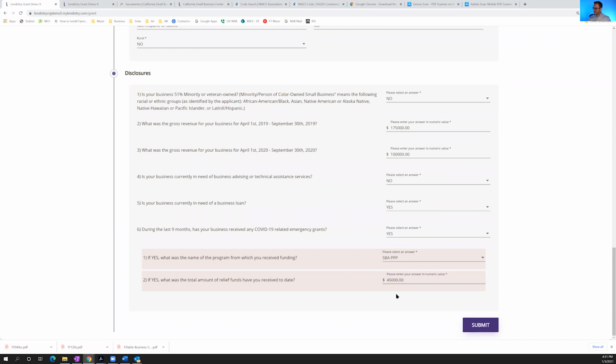$45,000. Okay, here's where things get complicated. What if you got two? Which one do you put? Really hard to say, isn't it? We are told that this has no negative impact on whether you get a grant or not. So I don't have an answer for you as to which one you would put if you got the EIDL or if you got the PPP,